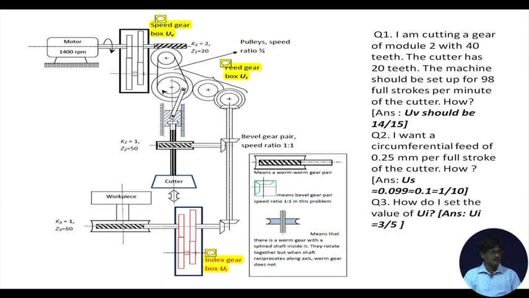So, let us start with this drawing. Though at first sight this might look quite formidable, the thing is actually quite simple. In all such drawings involving a large number of machine elements, let us first pinpoint or identify the prime mover. This is the prime mover, the motor. The motor is rotating at say 1400 rpm.